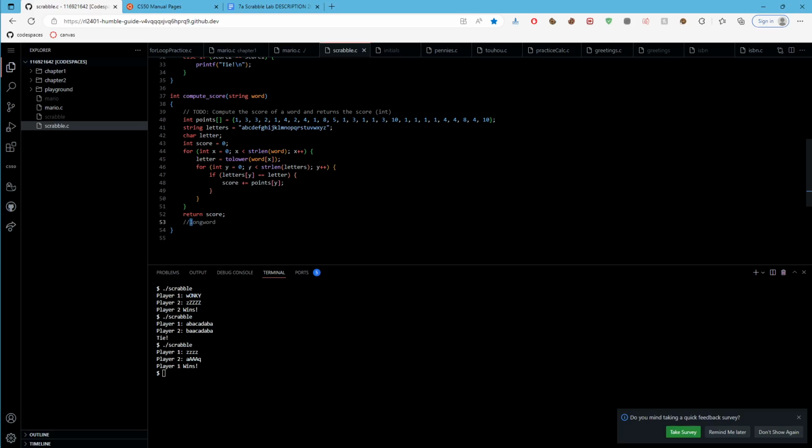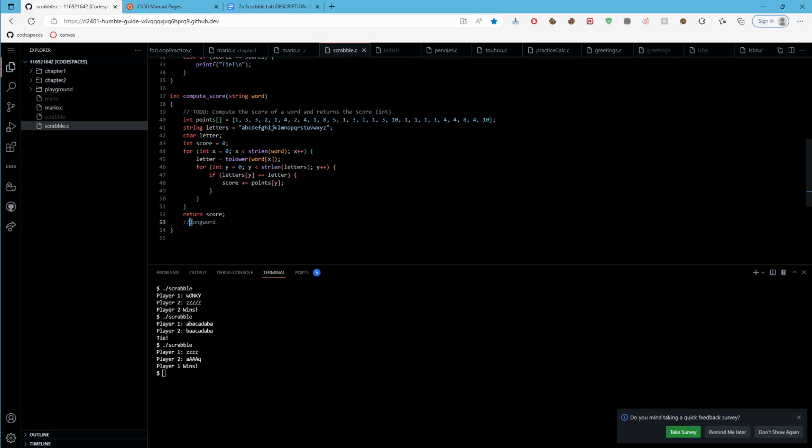And then it'll run this for loop 26 times. And then it'll only add the score if the letter over here, L, is equal to where the place is